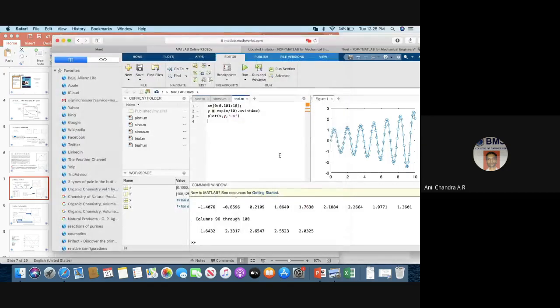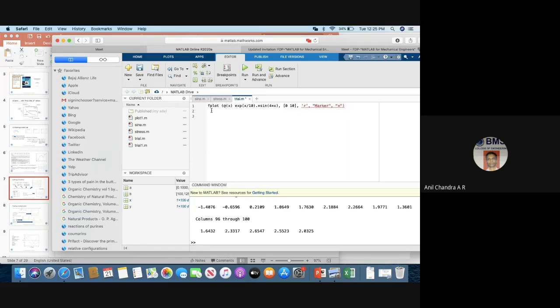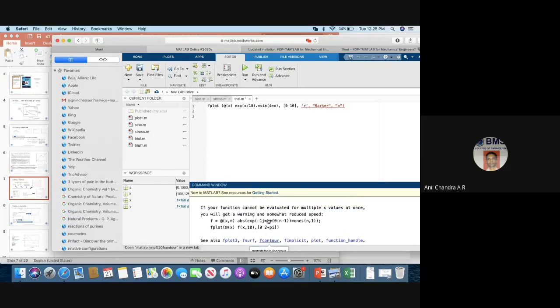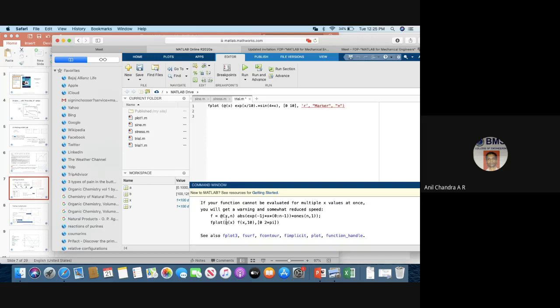You can type with me. I'm sorry, I should give you some time. Fplot is a command. If you want to read more on similar such commands, go to F. So fplot is an inbuilt function, right? So you have 3D plot for fplot, surface plot, contour plot, you see? And this is the syntax.